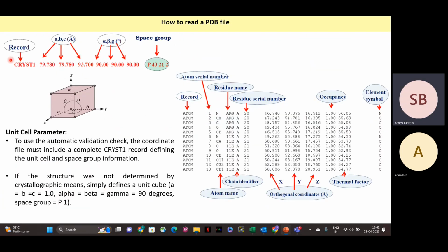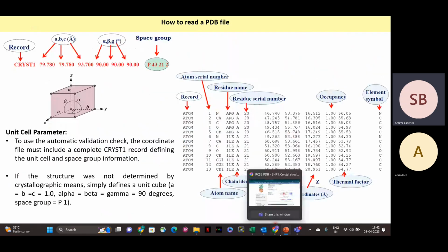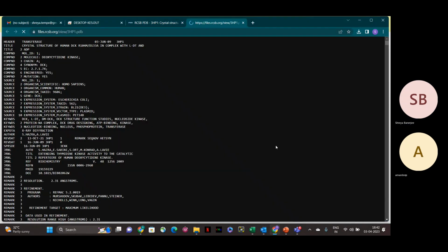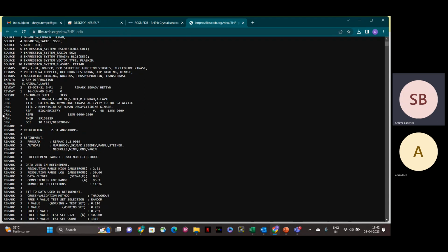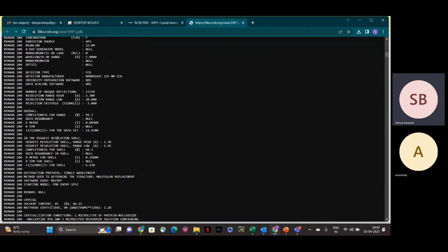The next important thing is this record, which is called CRYST1. I'll just show you. If you go to display files and you take PDB format, so this is the PDB format. As I was saying in the beginning, the name of the molecule, the name of the authors, the journal, everything is mentioned. And if you eventually go down,